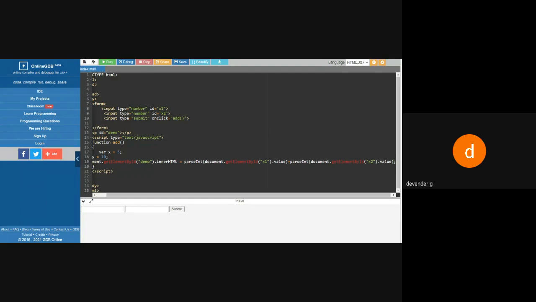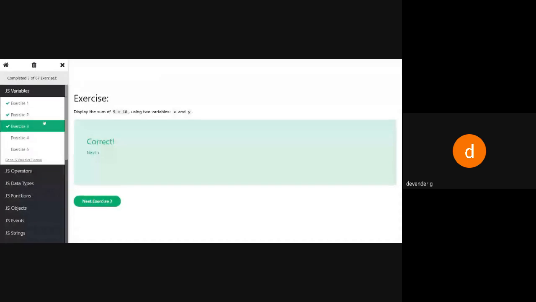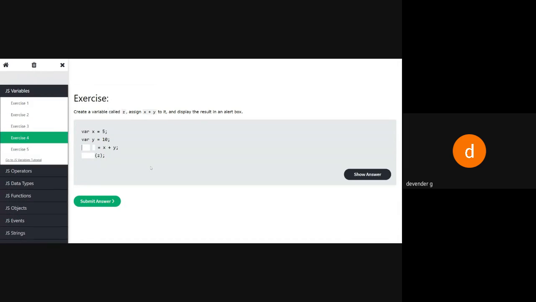Though this type is giving numbers, it is not allowing us. I can restrict this so characters will not be accepted, and I can make this as numbers. But when I enter the numbers and click on that button, in order to get the output I need a parseInt function. Okay, so we'll see another one.